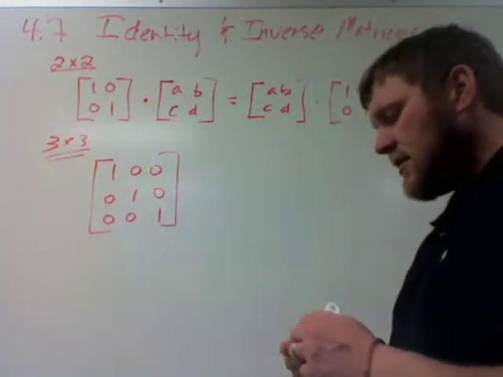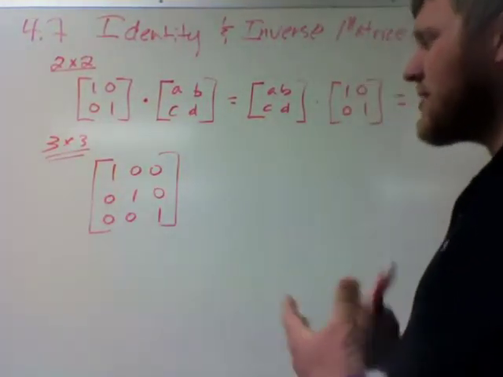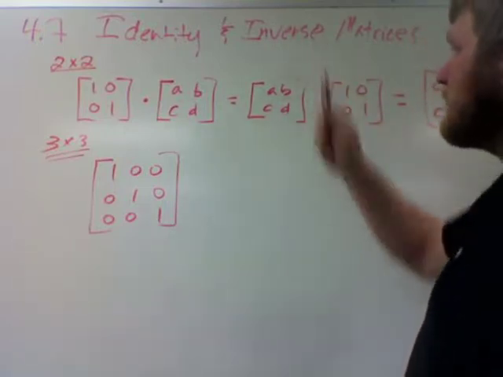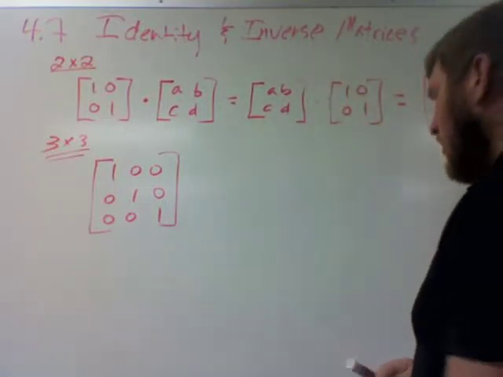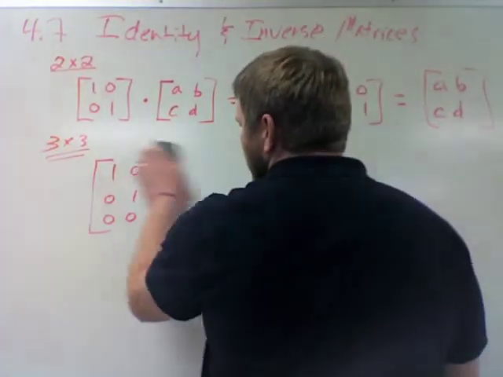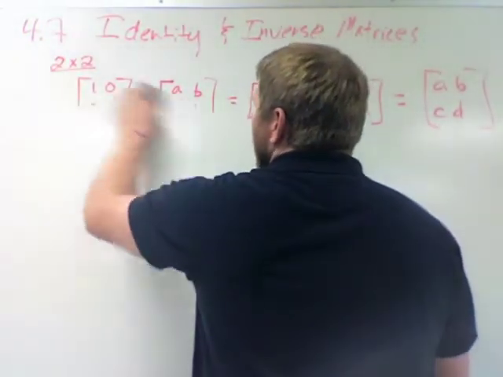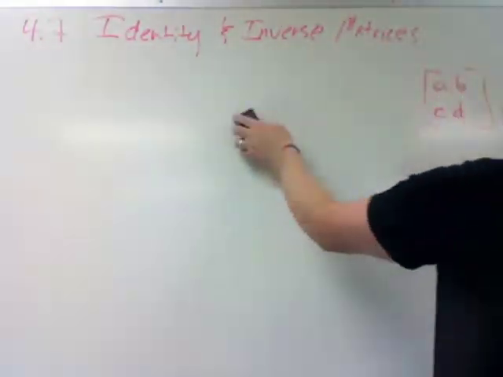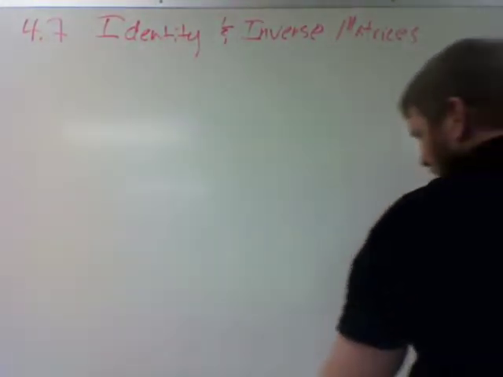The next thing we talk about when we talk about identities is inverses. Okay, so when two matrices are inverses of one another, the way that you know that is if the product of them